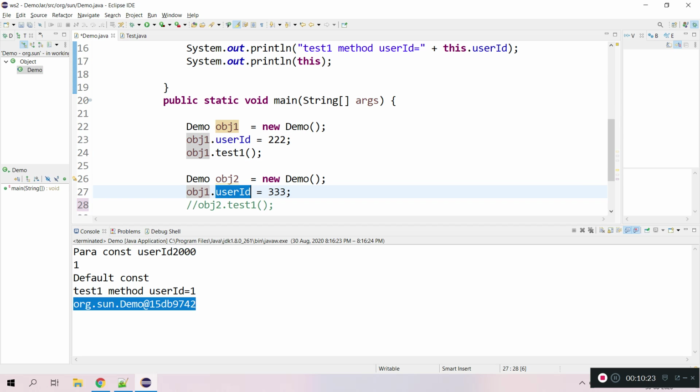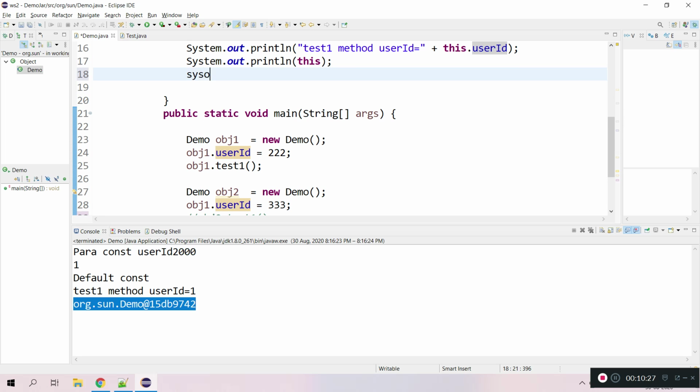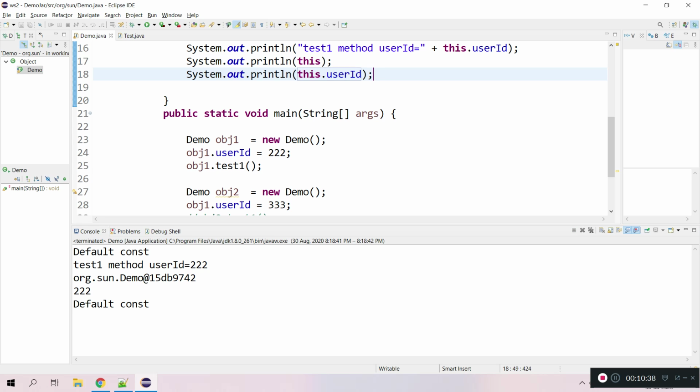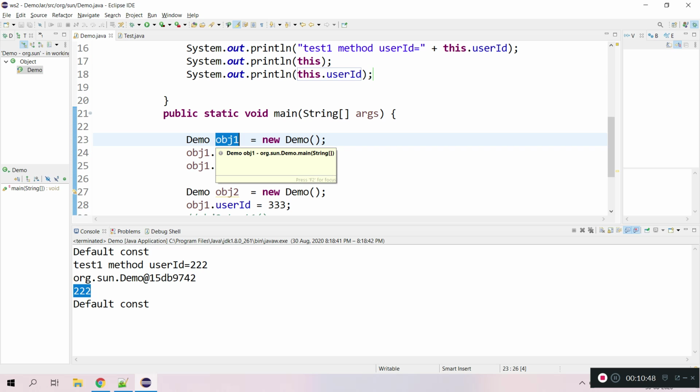If user id is equal to triple three here, then we can say that the object belongs to obj2. I am calling here. See what it printed, triple two, which means it belongs to obj1. So we can confirm that in this context this belongs to obj1.